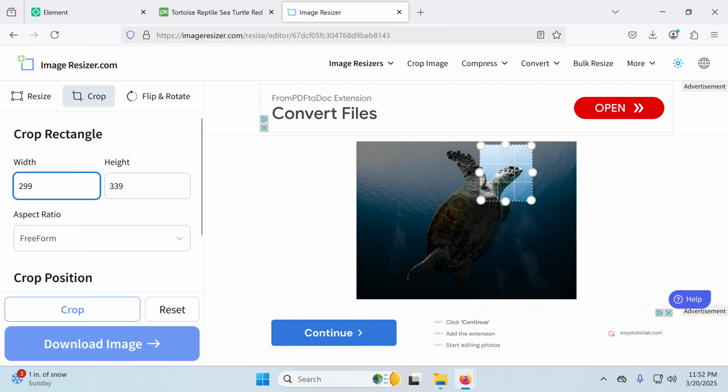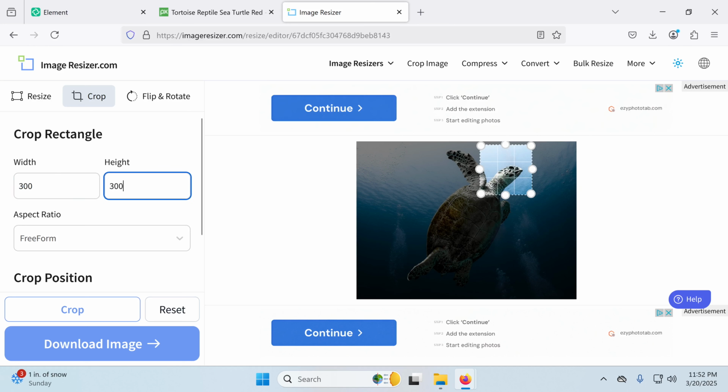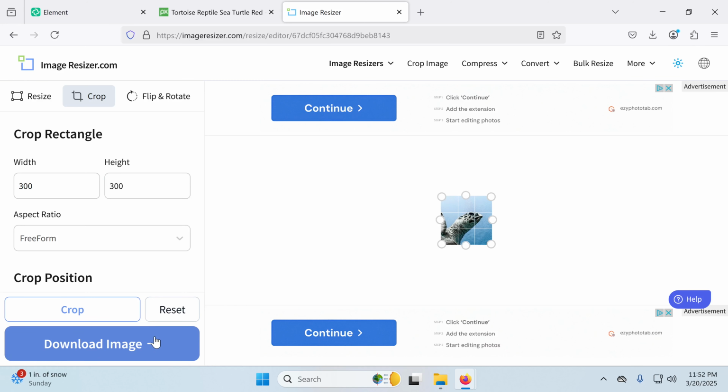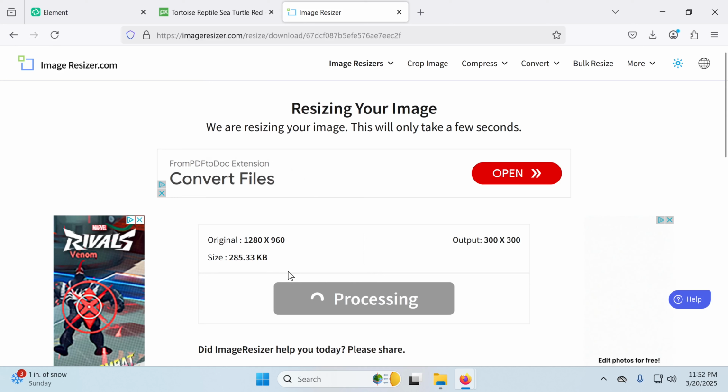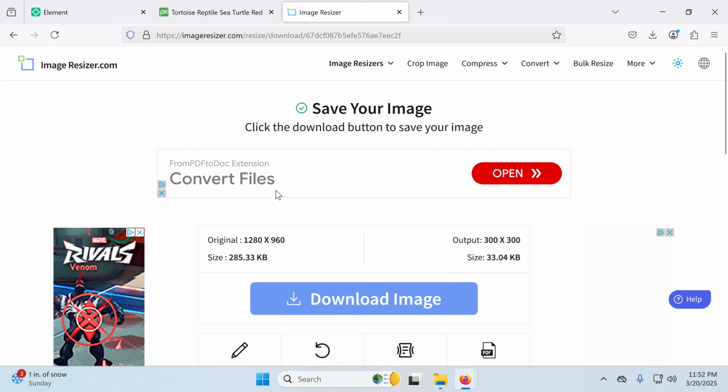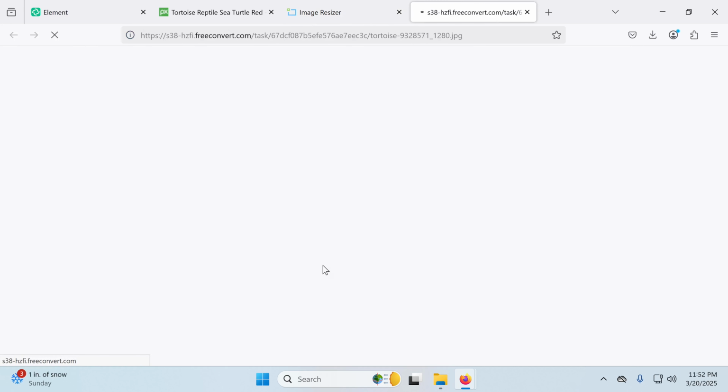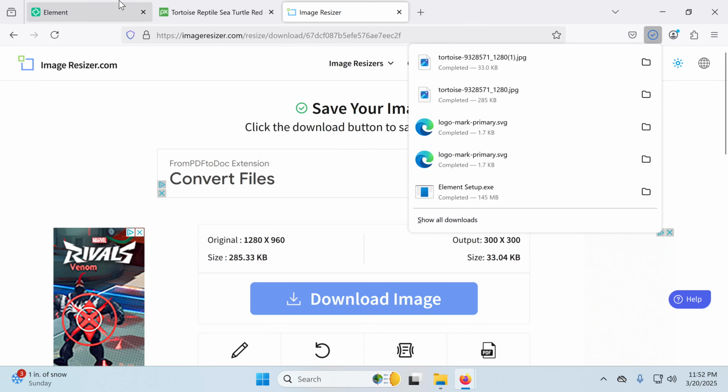Obviously we want to turn this back into a square, so we're going to need to adjust the values on the width and the height to make sure they're matching, and then we'll center that a little bit right there, and then we'll go ahead, hit crop, and then download the image. So that's going to handle that for us, and then it's going to take a little bit to process, but it shouldn't take too long because it's just, you know, editing an image. And then we can go ahead now and hit download image,